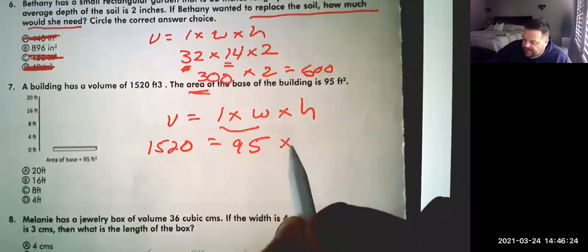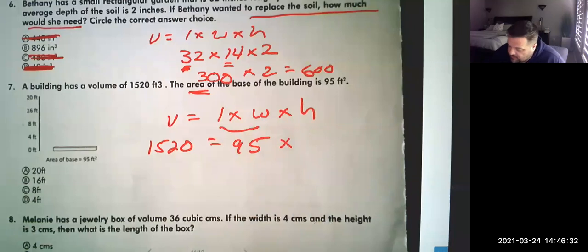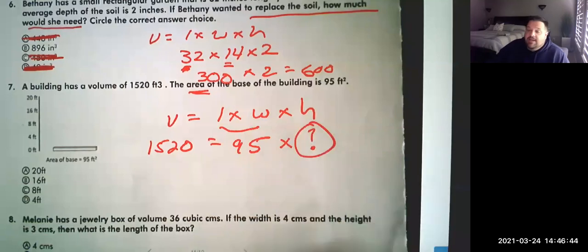And we got to find, where's the actual question here? The building has a volume of, the area of the base of the building is 9 feet. They didn't really ask you the question, but that's kind of a bad question. They didn't ask what the question is. But I can tell you they want you to find the height, right? So you're going to have to take that 95 and put it into the 1520 to find out what the